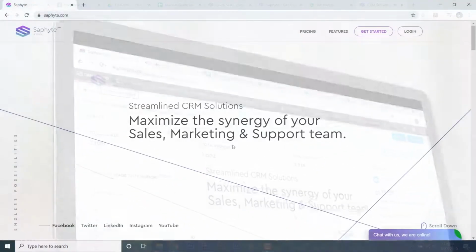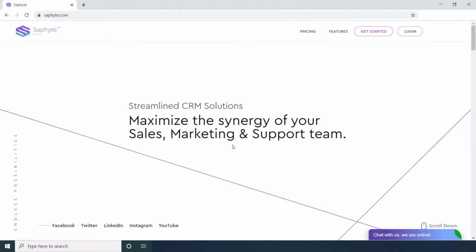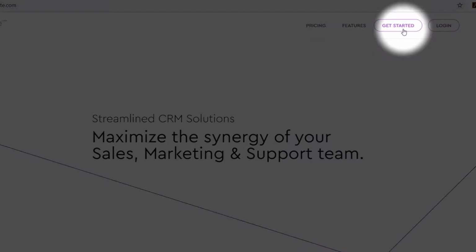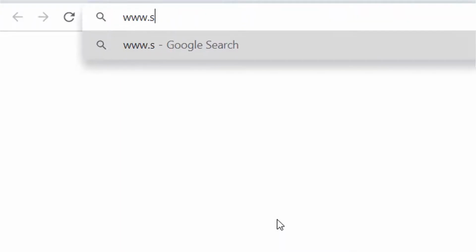It is easy to sign up and get started using Saphyte. You just have to follow these simple steps to onboard yourself. First, go to Saphyte's website and click Get Started. You can also go directly to the sign up page by typing